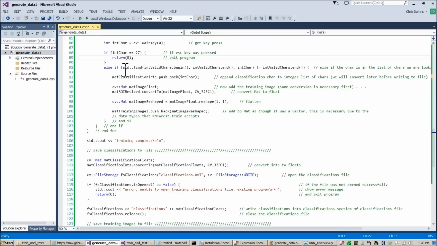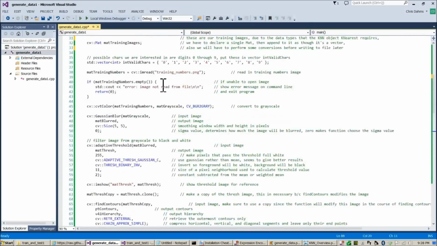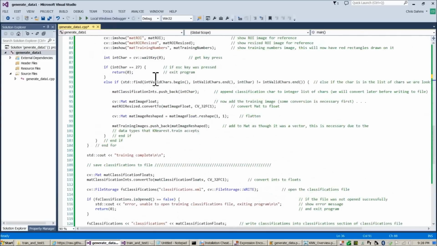Supposing that it wasn't, then we check with this line here whether the key that was pressed was one of these. And if it was, then we add to our 2 data structures via these lines here, push back and push back. And I should mention here,